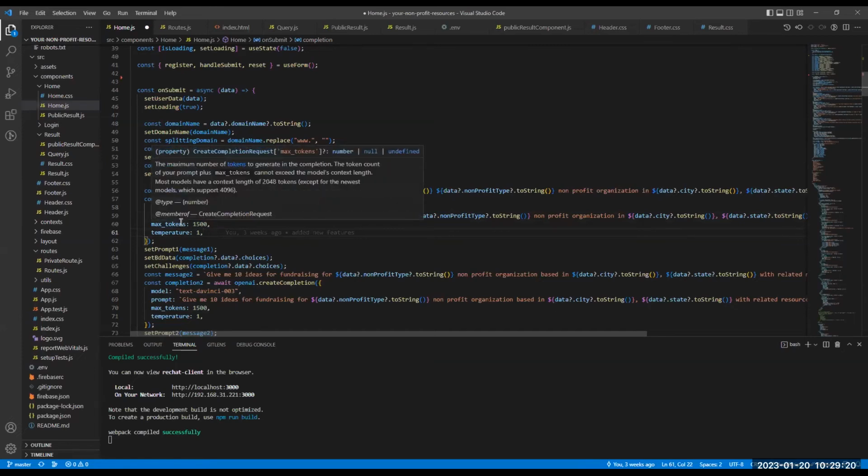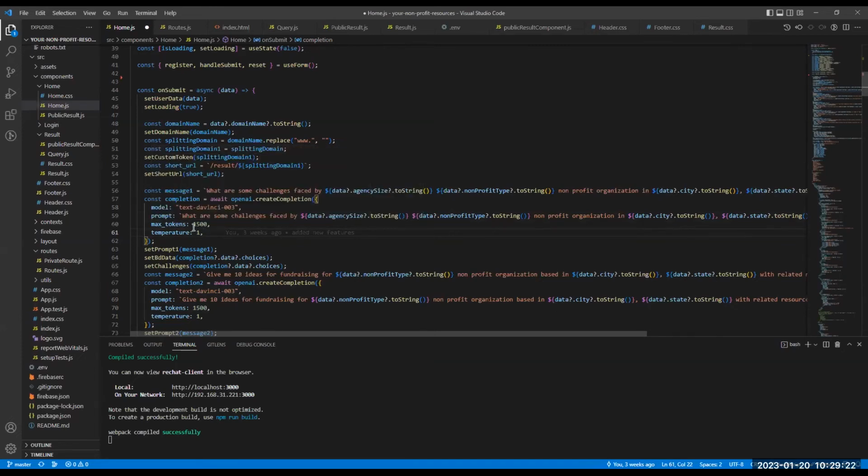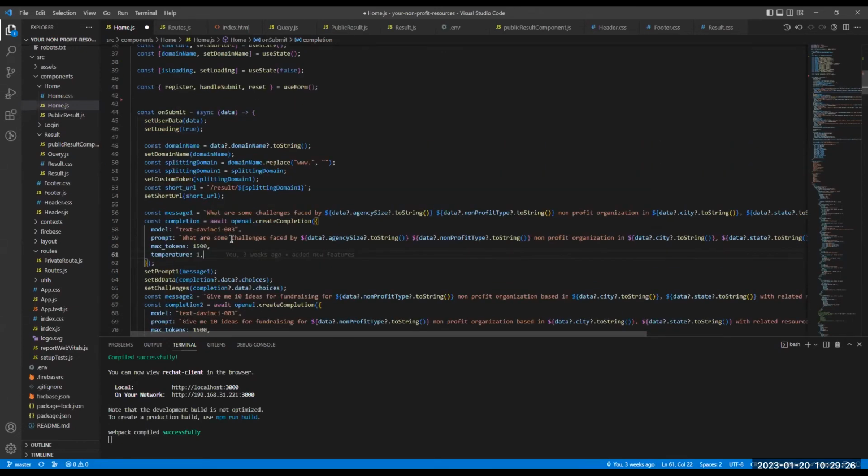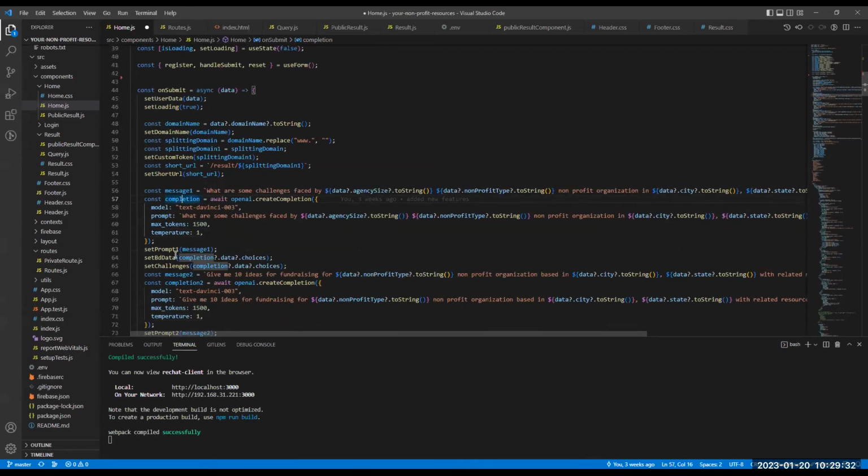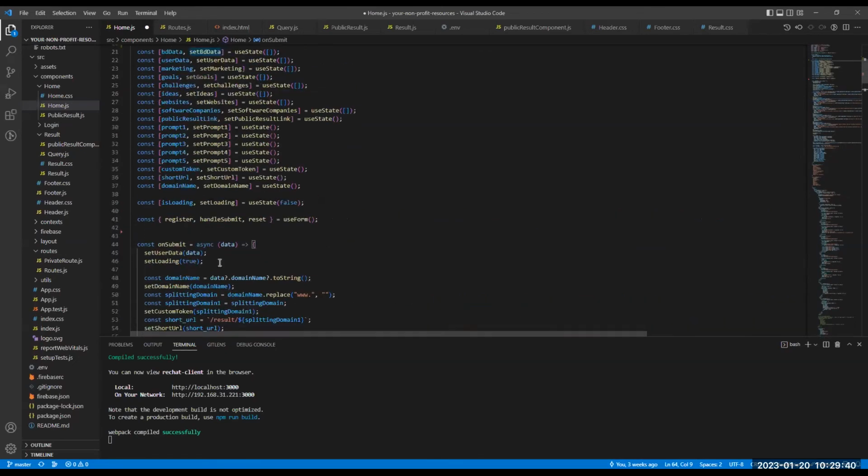You can use the maximum. Depending on the max tokens, the results will be generated, and the temperature also. After we get the results, we get all the response in that constant, and we set those responses in the particular states we have already declared.